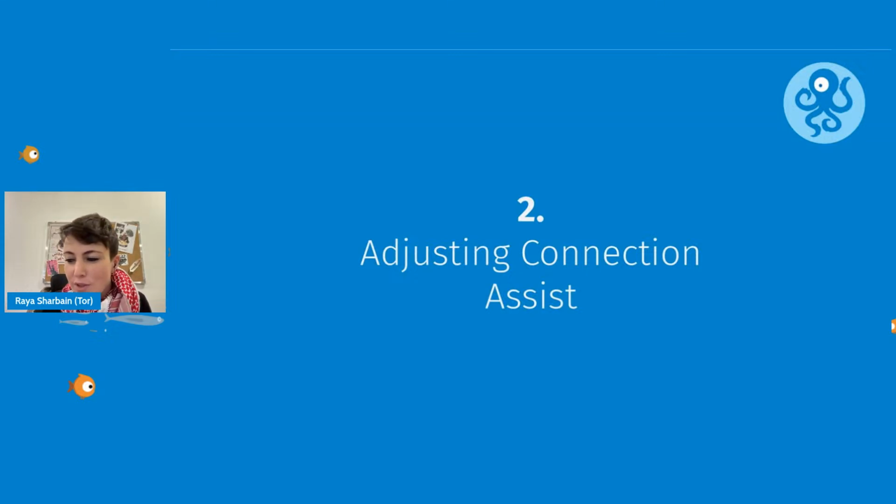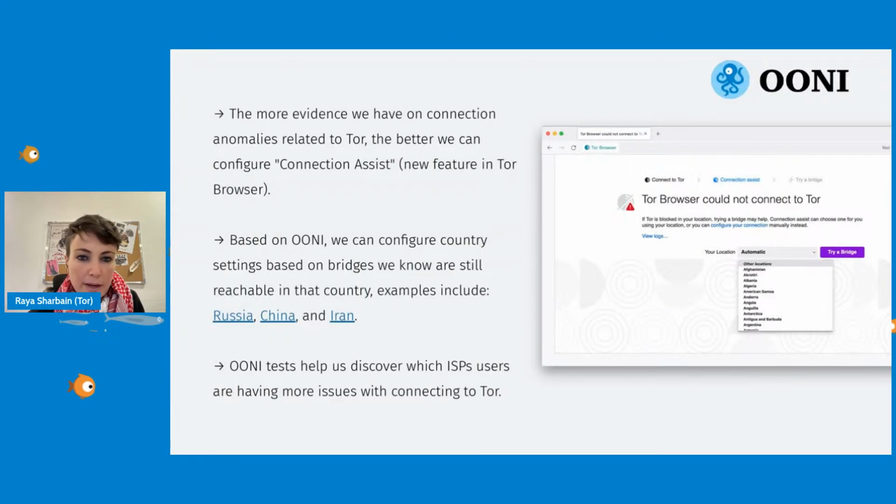Specifically, we have a new feature in Tor browser called Connection Assist. It was released in one of the major releases of Tor browser this year, I believe 11.5. The more evidence we have around blocking of the Tor network, the more we can fine-tune Connection Assist. So now if you download Tor browser and you try to connect to the Tor network, if it's unable to